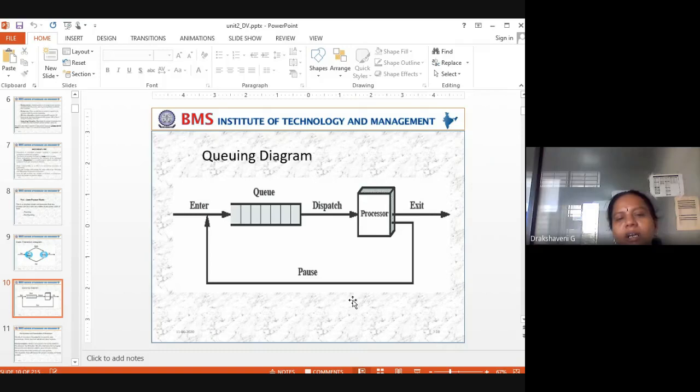We can see here, suppose the CPU scheduling algorithm in a queue is time shared. Means, the same way as we have our timetable, after 1 hour the other person has to start. So only 1 hour will be given for each step. You can see that in this queuing diagram. It will enter the queue, be dispatched, and go to the processor. Then it will exit or be paused. In case it has to wait, it will release the processor.